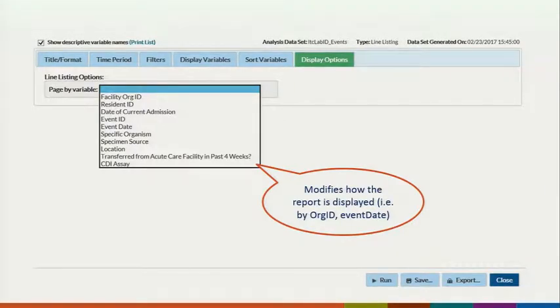The Display Option tabs allows us to display the data by resident ID or event ID. In this case, I wasn't interested in displaying it in any of these, so you also have the option to just leave it blank. So we'll have our full table without any of these. So if we click Save,